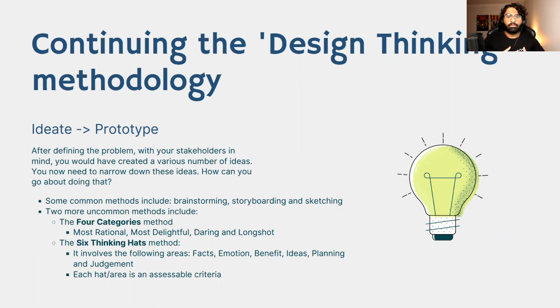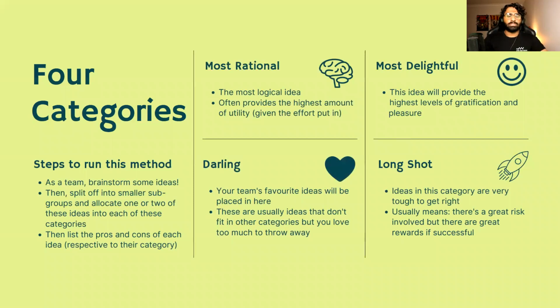How would we plan out building this idea? And judgment, sort of looking at it in a negative context. So we'll first start off with the four categories method. And so, like I mentioned before, it comes down to these four categories, and they're most rational, which covers essentially